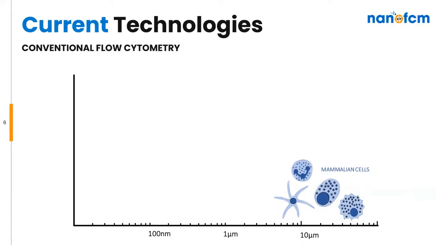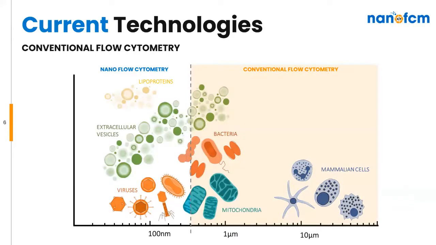Since its conception, flow cytometry has shown itself to be a versatile technique and a premier tool in single-cell analysis. However, conventional flow cytometers struggle to provide the sensitivity requirements for the analysis of nano-sized particles such as EVs, with light scattering detection limits of approximately 200 to 500 nanometers, dependent on the refractive index of the particle. So to facilitate identification of these nanoparticles,